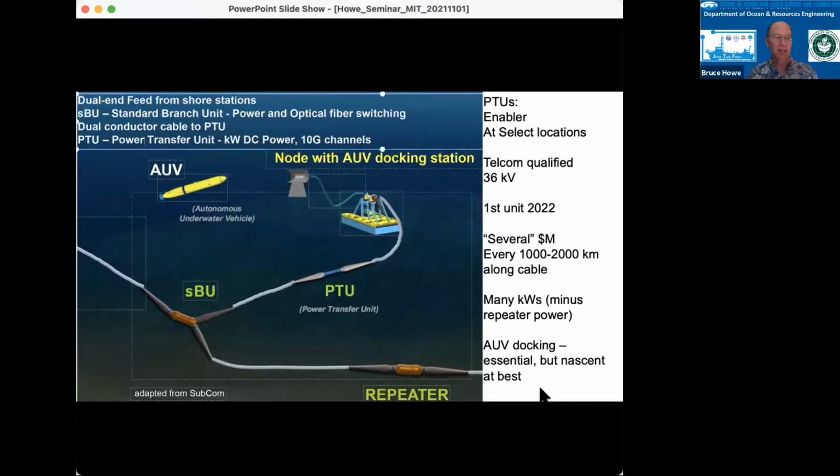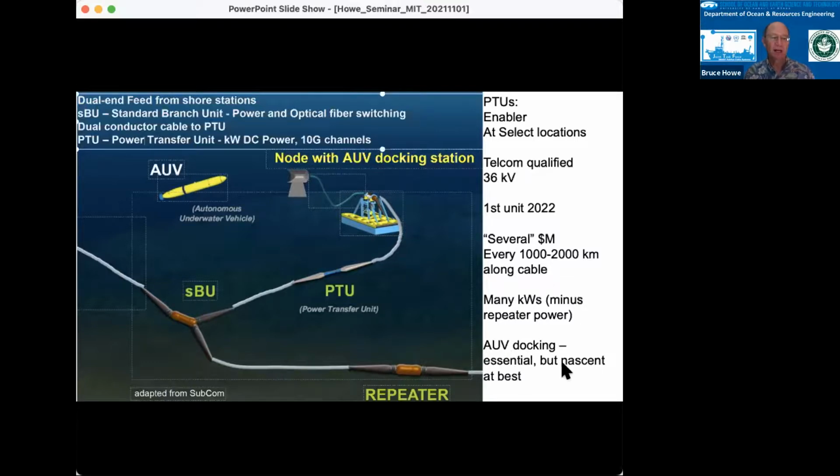So like here, standard telecom, standard branch unit, and then this power unit would deliver local power and communication on significant scales. So kilowatts of power at high voltage. Well, the trunk is at high voltage,